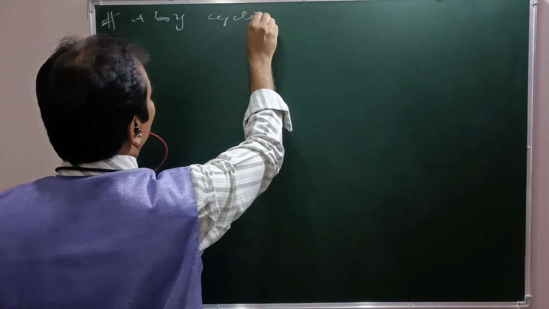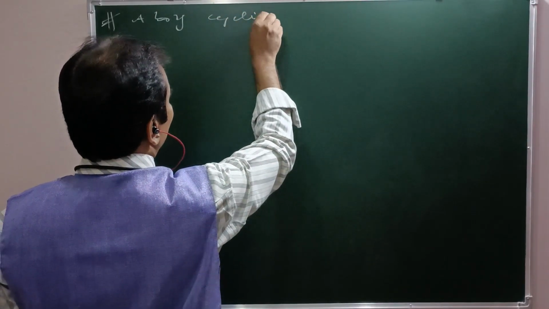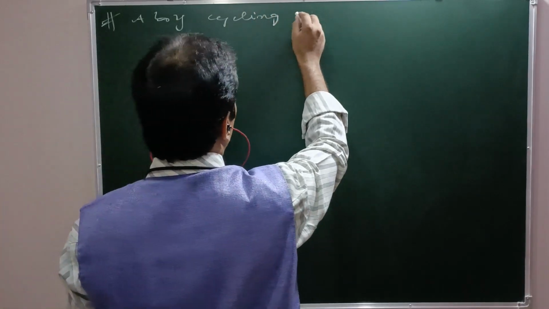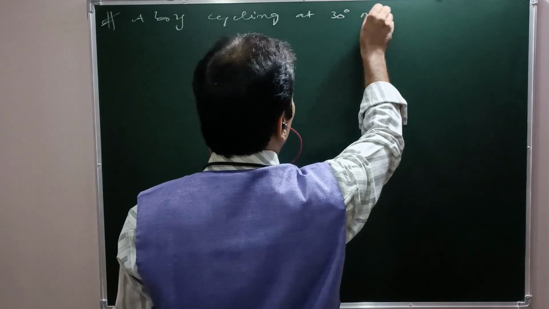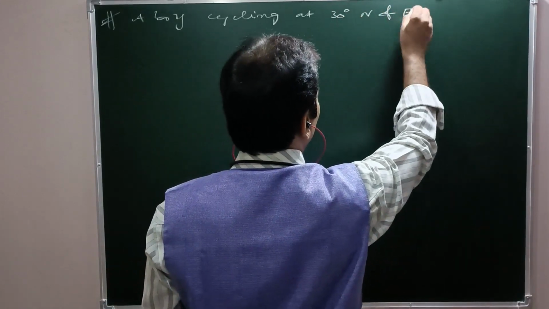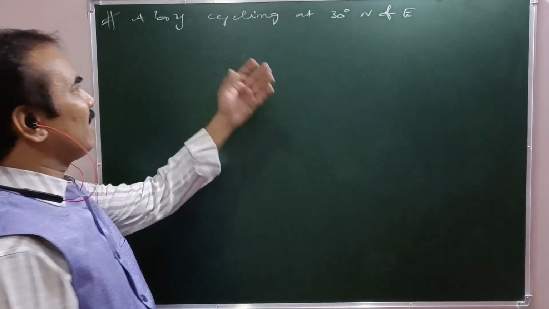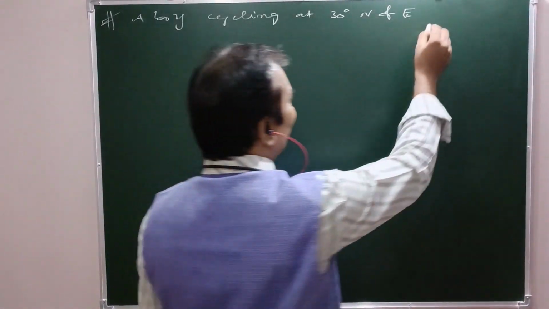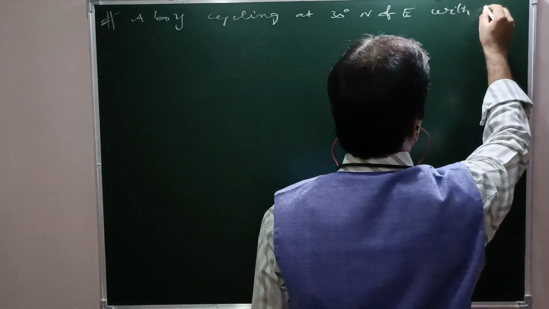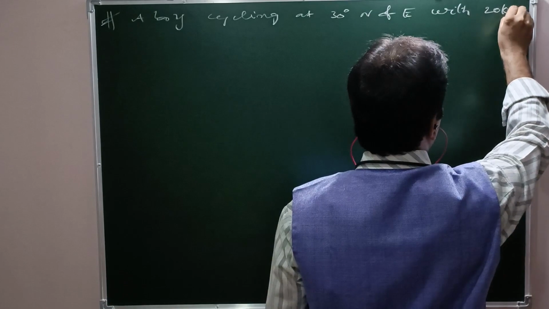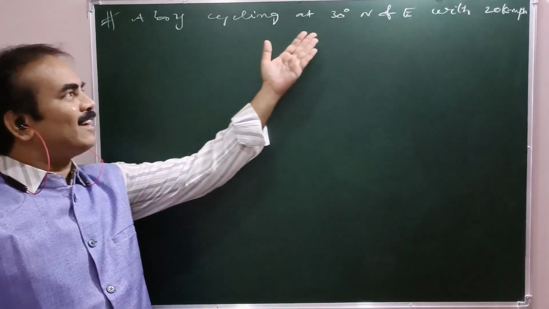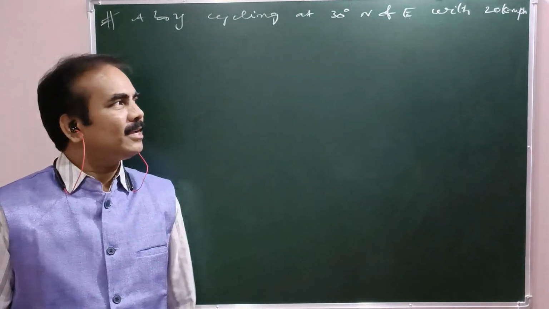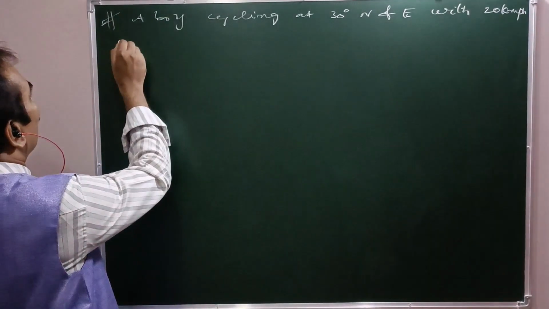Suppose a boy cycling at 30 degrees north of east. A boy cycling at 30 degrees north of east with 20 kmph. Alright? A boy cycling at 30 degrees north of east with 20 kmph. Right? Now find